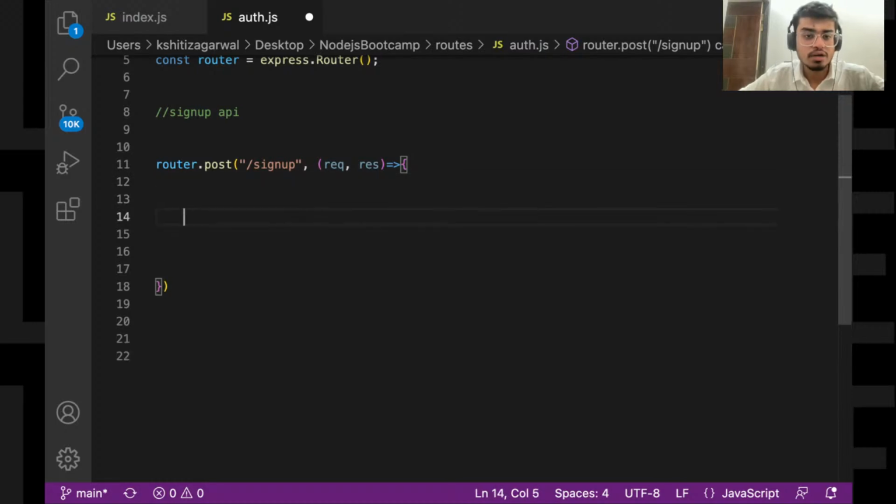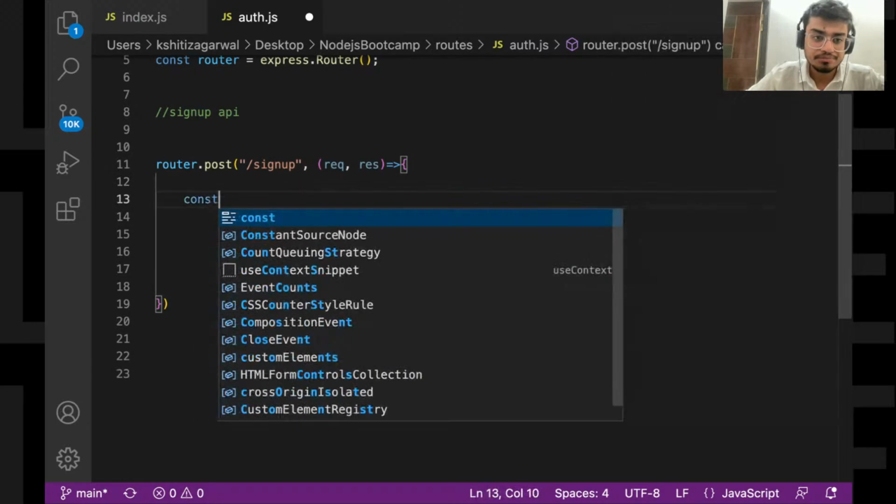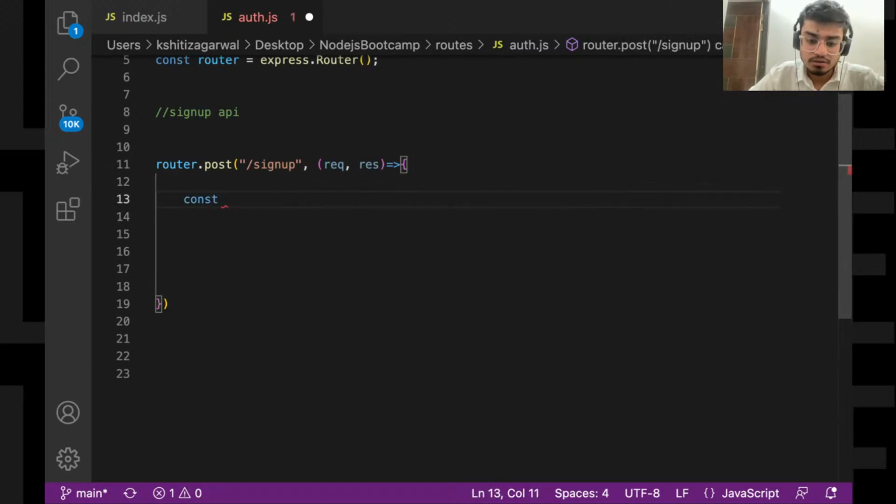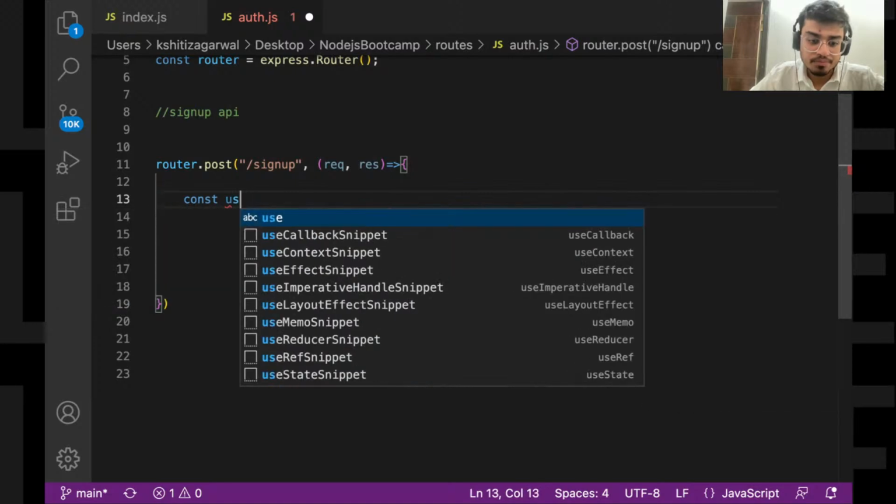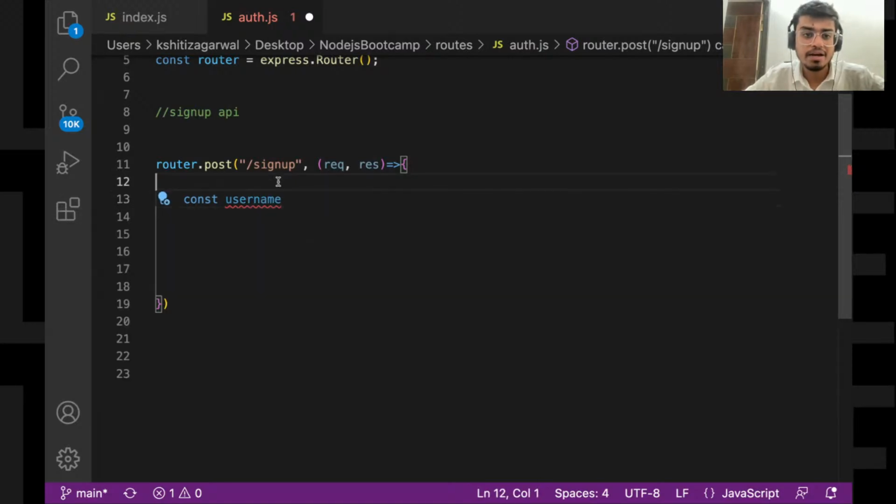Let's say I have made a sign up form, and in that sign up form I'm taking the username, email, and password. Three things.